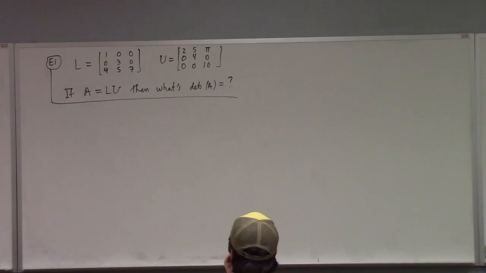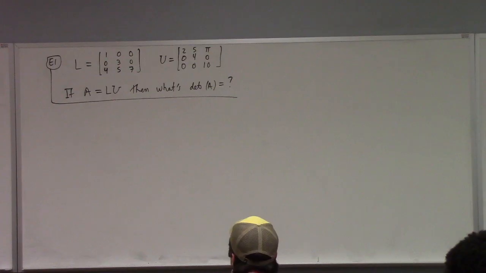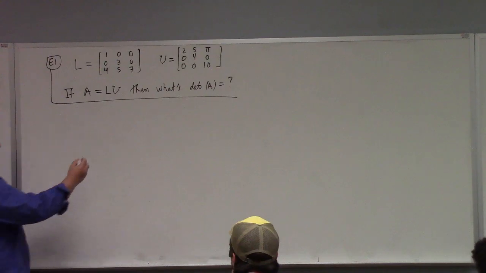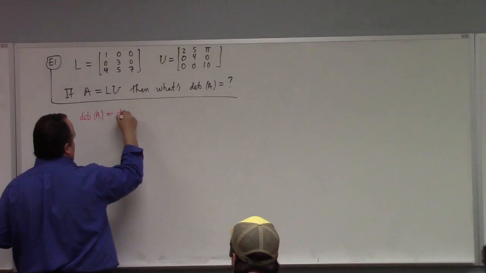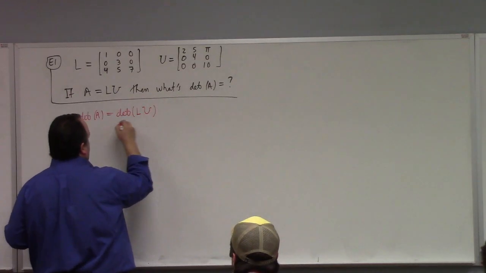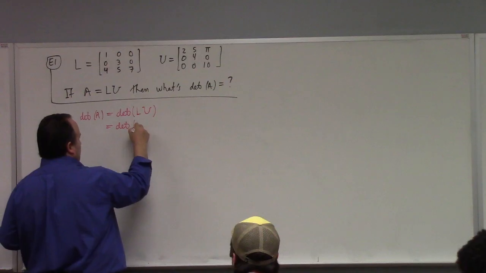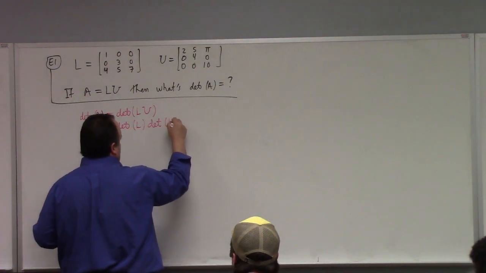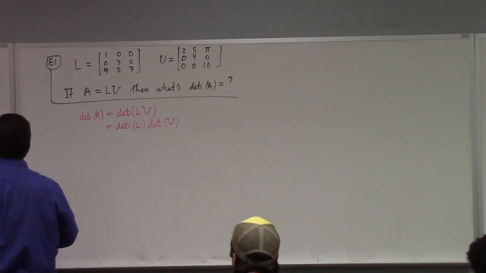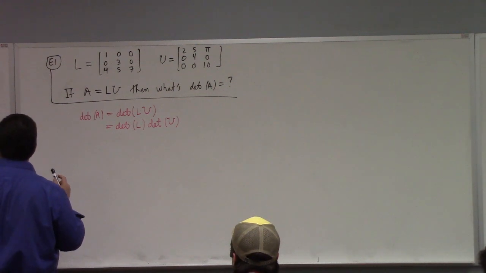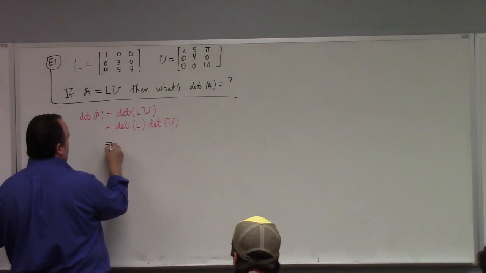Well, one of the reasons to find the LU decomposition is if you have the LU decomposition, all of a sudden calculating the determinant becomes super easy, if you know the theorems about determinants, right? Because the determinant of A is the determinant of LU, which is, by property 9, the determinant of L times the determinant of U, right? But using properties, let's see here, by my numbering, property 8 for this piece,